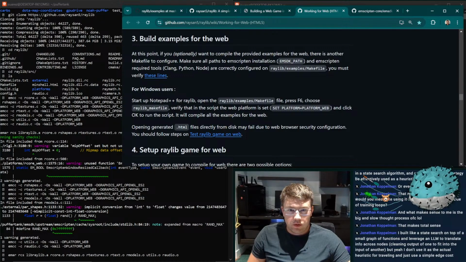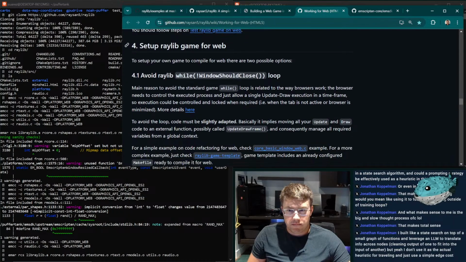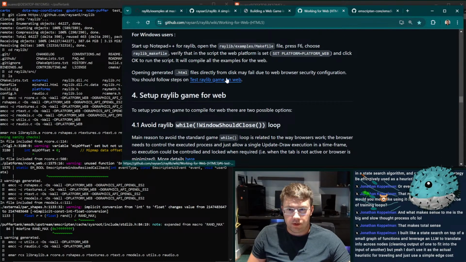If you optionally want to compile the provided examples for the web, there's another makefile to configure. I want to compile one of them to play with.